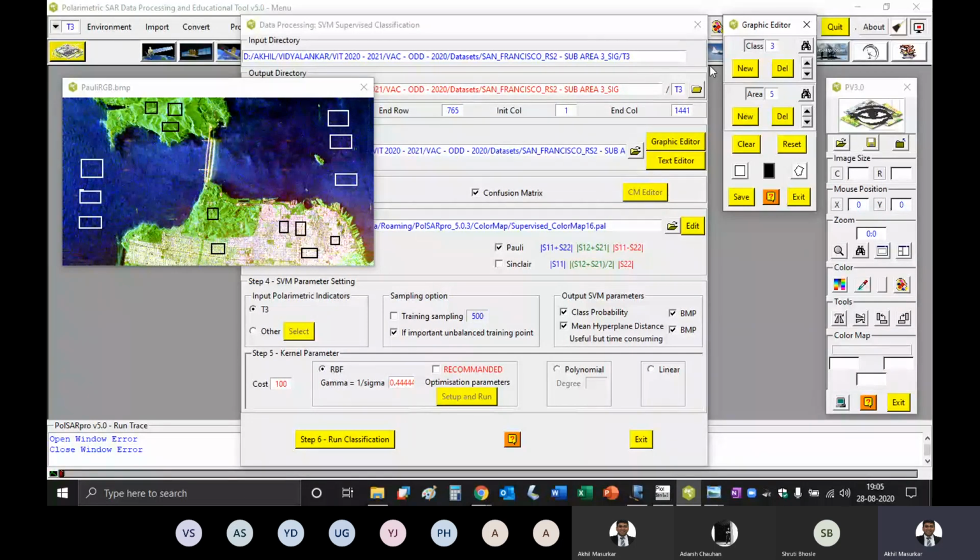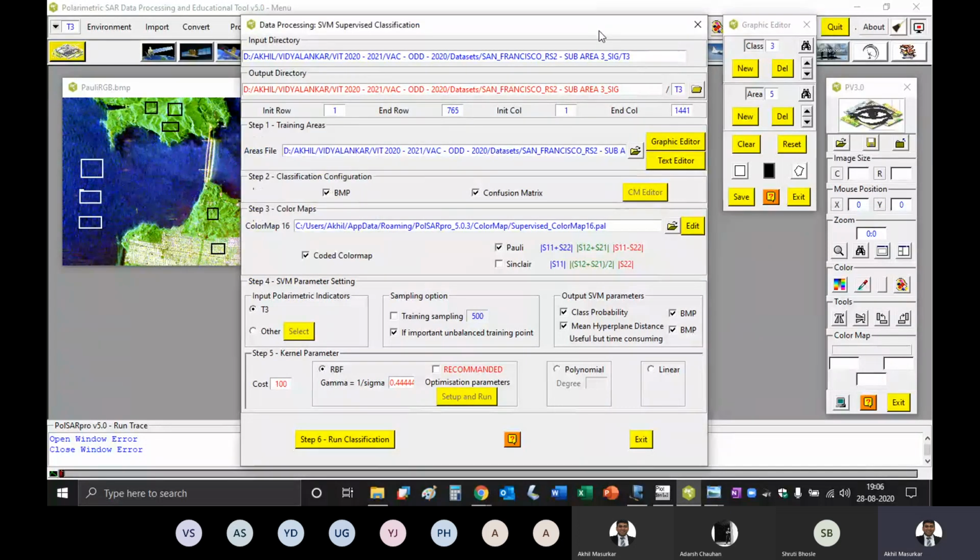Yes, it's correct, 4 vertices of a rectangle. So once we have checked that this training area file is created, you can go to this particular window and click on step number 5.